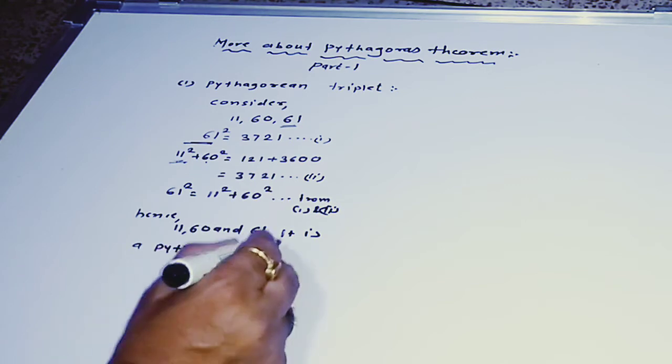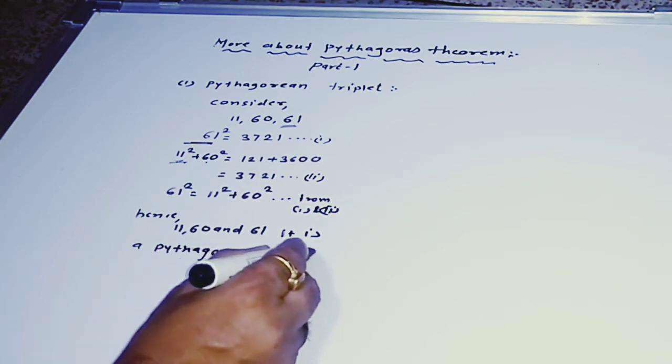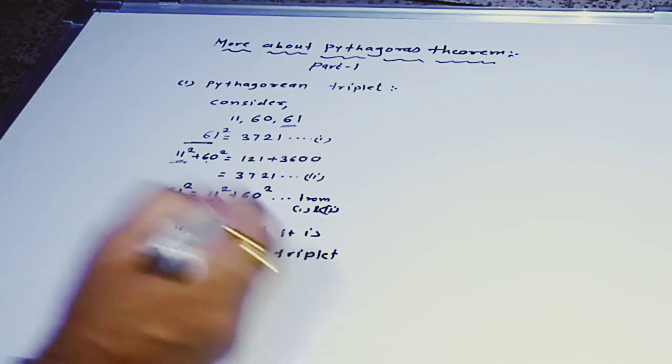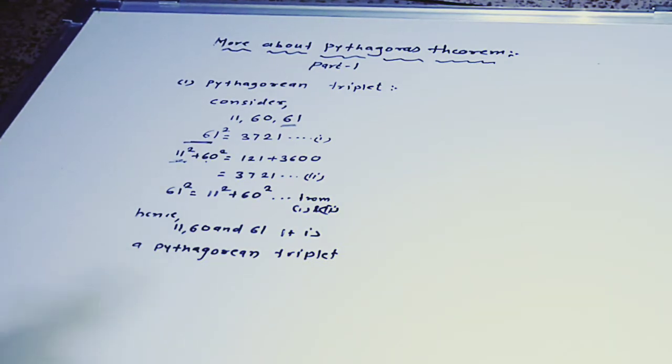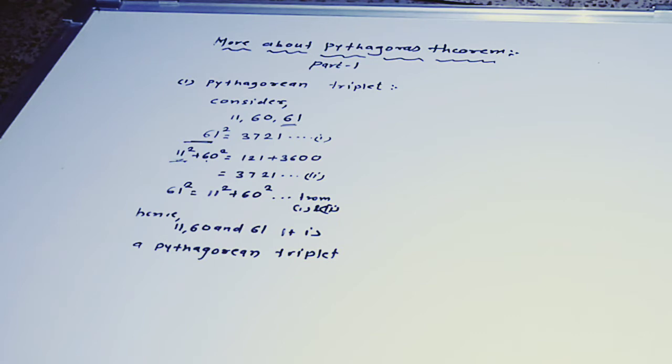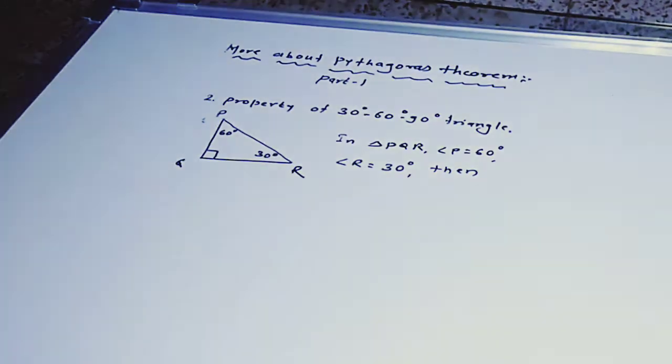Do you understand what a Pythagorean triplet is? It is a group of three natural numbers such that the square of the larger number is equal to the sum of the squares of the remaining two numbers. Then the numbers are said to be a Pythagorean triplet. Now see